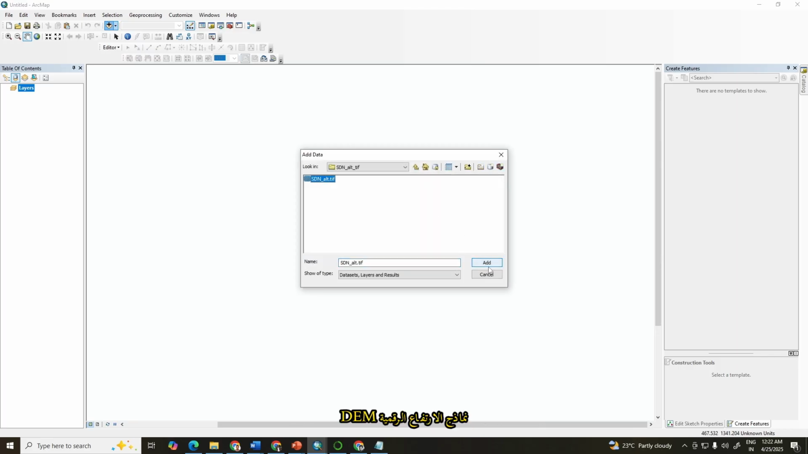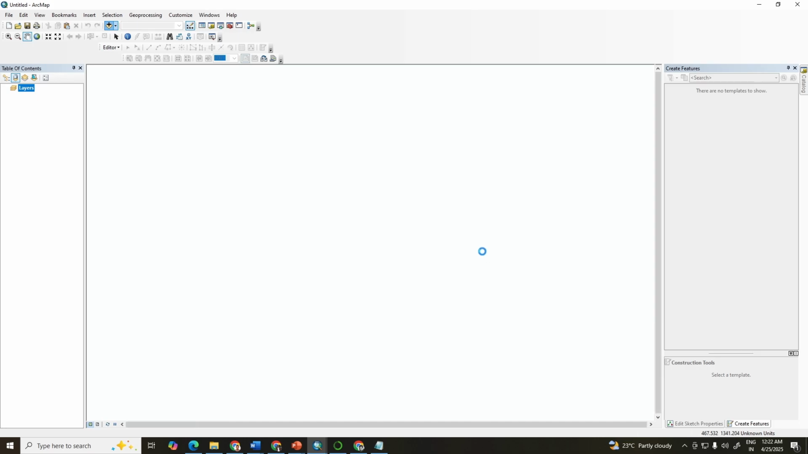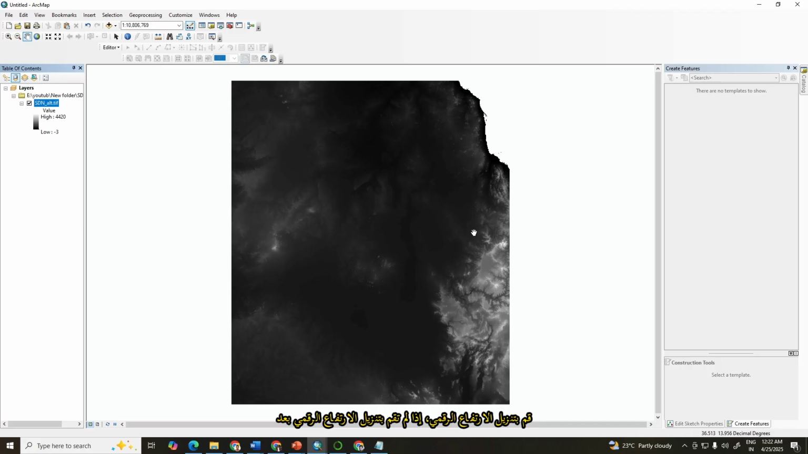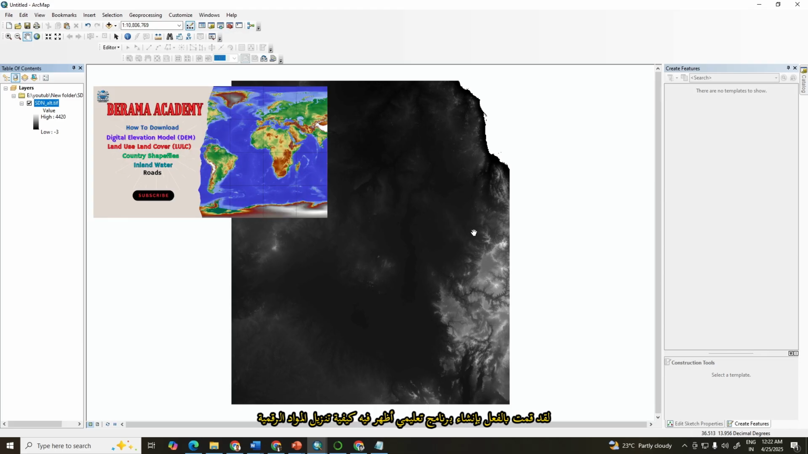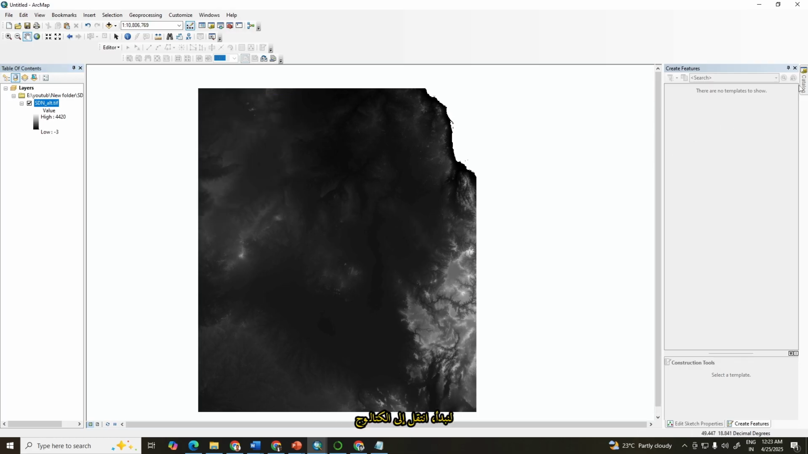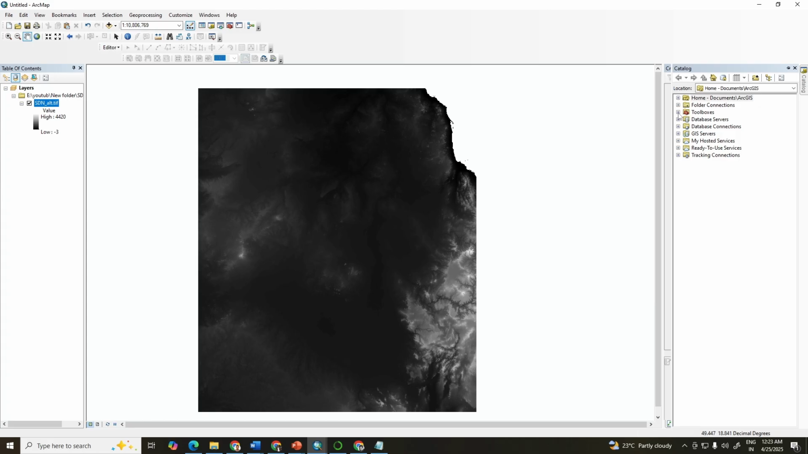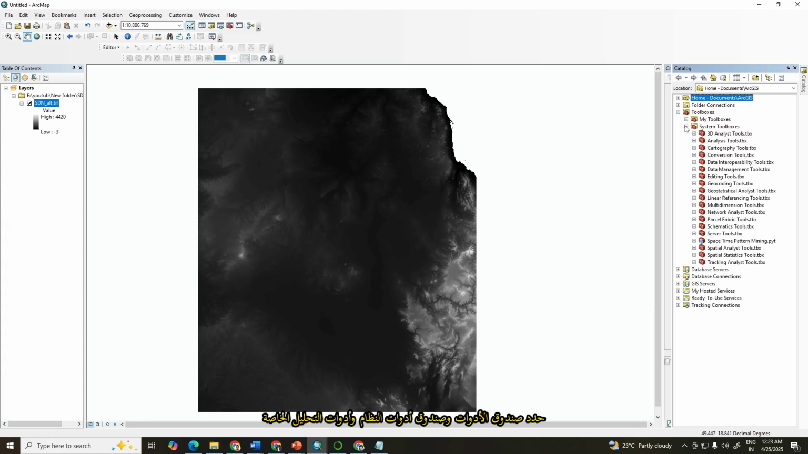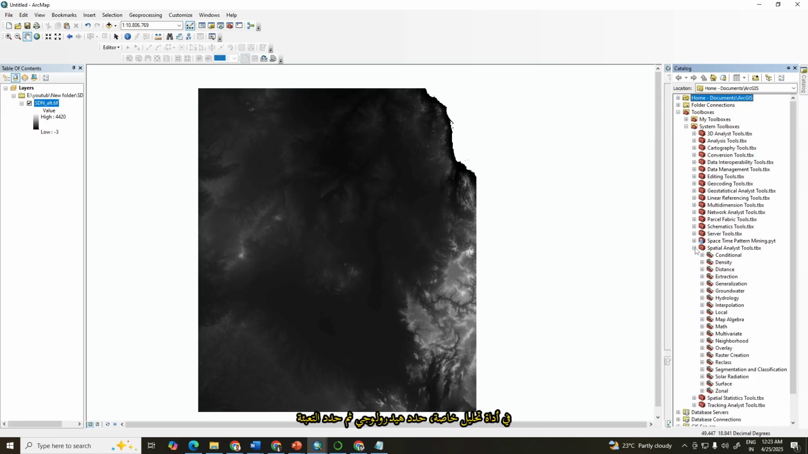Here, digital elevation models. If you didn't download digital elevation yet, I have already created a tutorial where I show how to download digital elevation models from different sources. Let's start. Go to Catalog and select Toolbox, System Toolbox, and Spatial Analysis Tools. In Spatial Analysis Tools, select Hydrology. In Hydrology, select Fill,